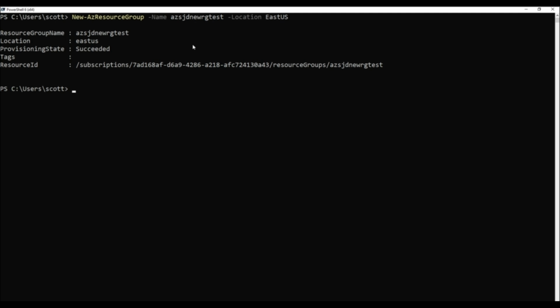Now we want to create the virtual machine. The command for creating a virtual machine is New-AzVM. Very easy to remember in this instance. The good thing about this is that it used to take many different commands to create a virtual machine, and now we can just give it the settings just like we do in the portal, and Azure will go off and create those